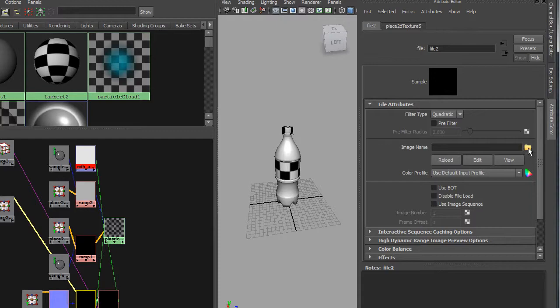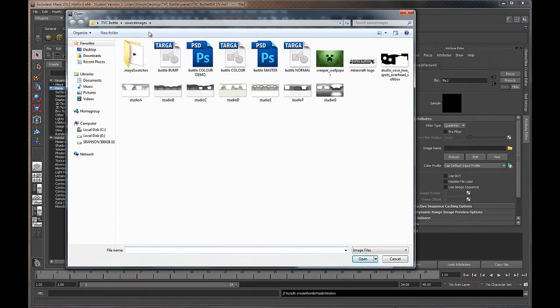And next to image name, we go to the yellow folder, click on that, and it'll take us to source images. So this is where these new pictures come into play that I've got. Now I'll give you guys a copy of these pictures, and you can experiment with using different images to kind of see the different results you can get. I'm just going to use one of these. Now these images were just ones that I got online, basically. If you do a search for